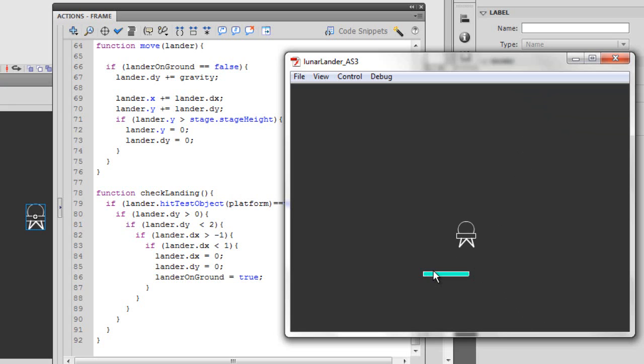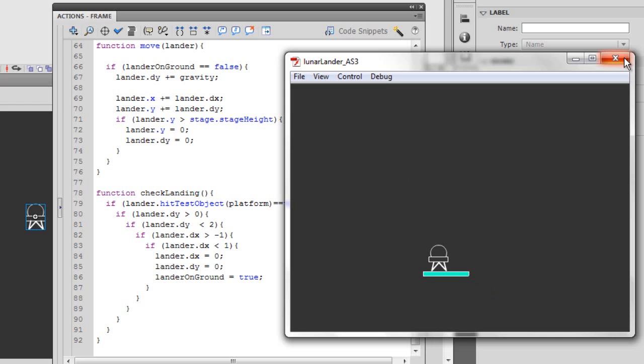So it has to be between 1 and -1 to the right and left. You can see you can stop it right in the middle too. And it has to be less than a speed of 2 to land and stop on it for the Y